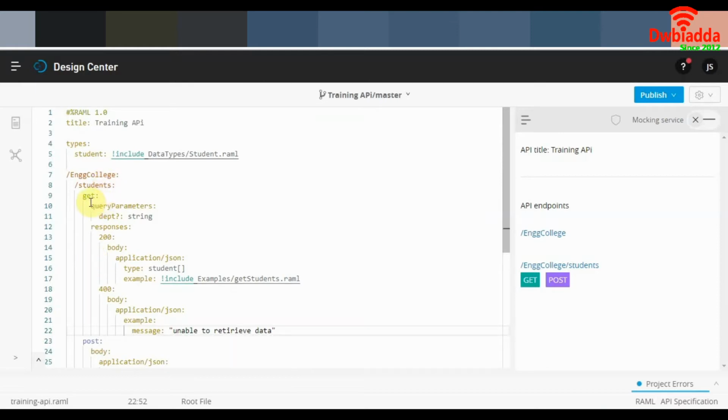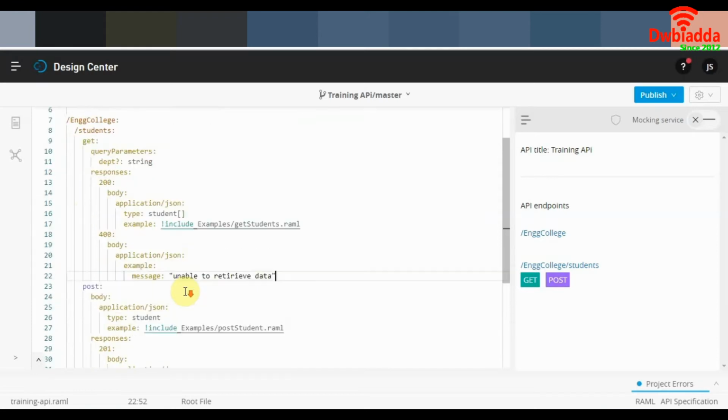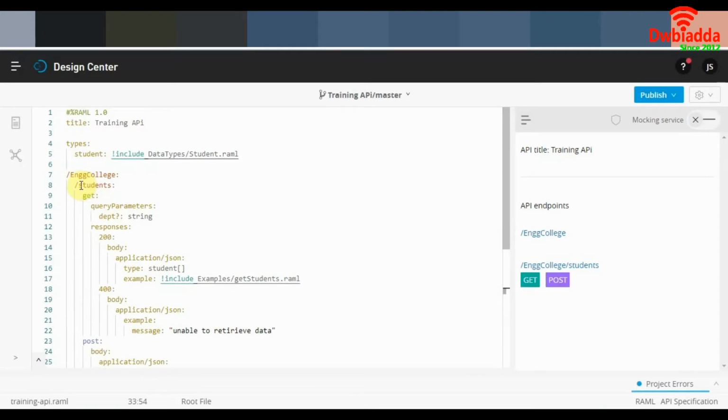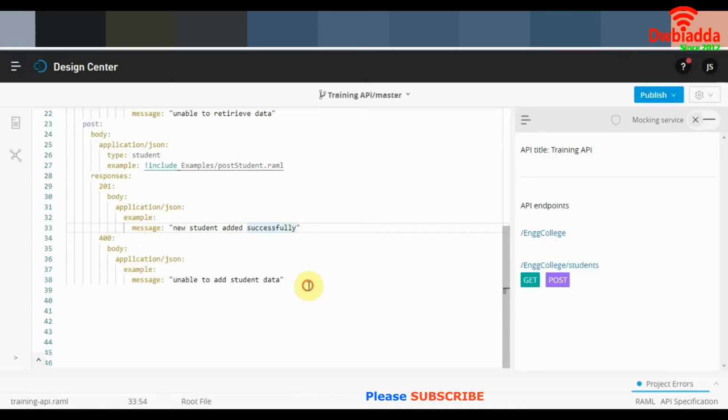As we can see, this get method at this endpoint will fetch us a collection of all the students in the college, and maybe we can filter them using a department query parameter. But let's say we want to fetch the details of only one particular student. How do we go about defining that in our YAML? Let's find out how. Go under the child resource students and put in a slash.